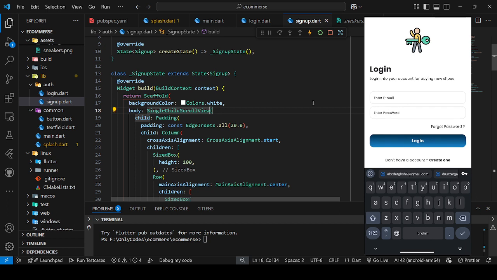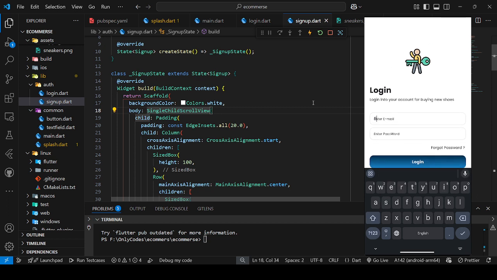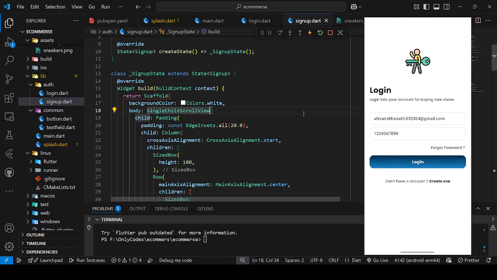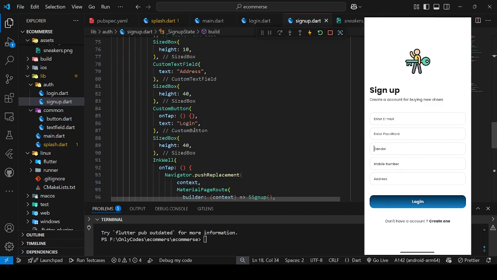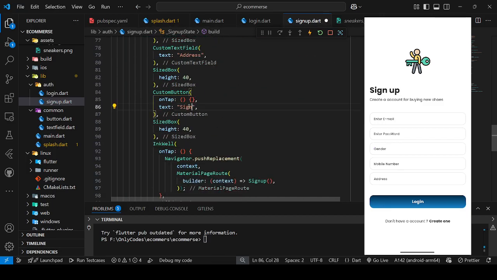So see, the error is gone, and this is inside a scroll view widget, and you can give your email ID and a password. Just say, let's name it E1234567891 perfect. And login will go to the home screen, but if you want to create account, then you can go here, and inside create account you can add gender, mobile number, address, and we have to change one thing over here. In a sign up we can give here as a sign up. Perfect. You can see that the UI is looking awesome,